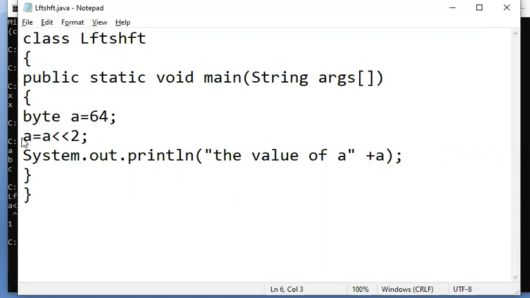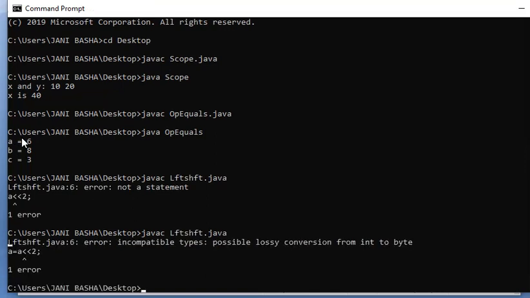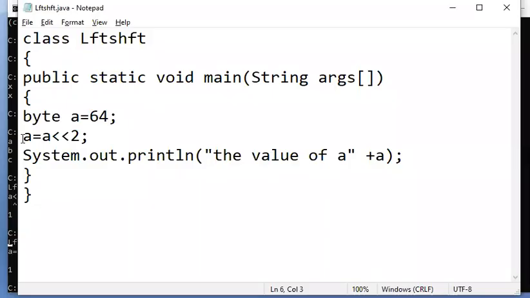So save it again. Incompatible lossy conversion error, okay, I take it into account.